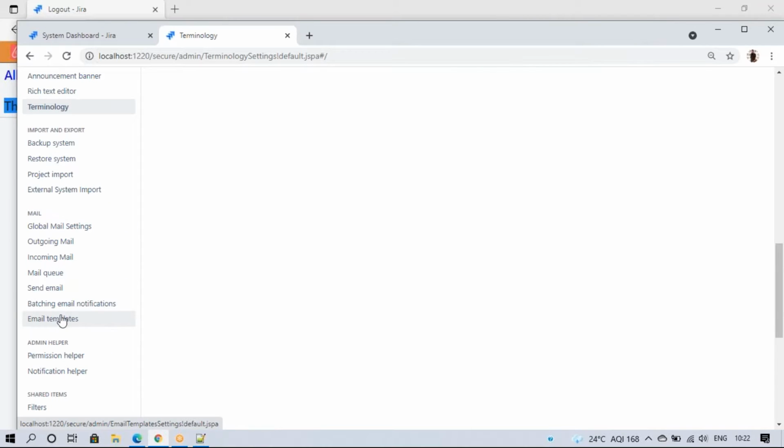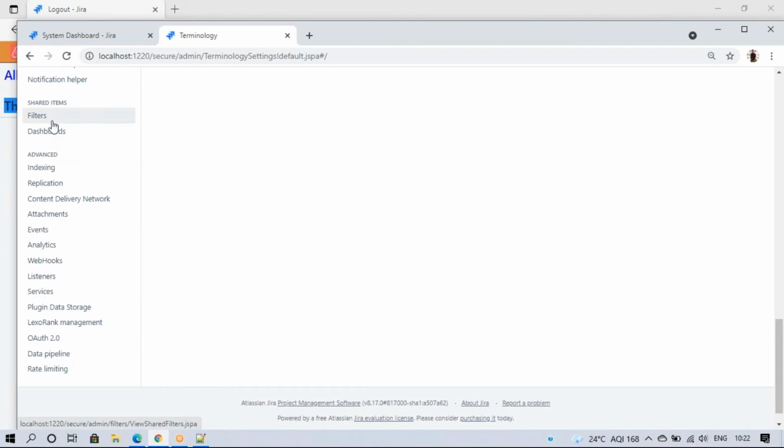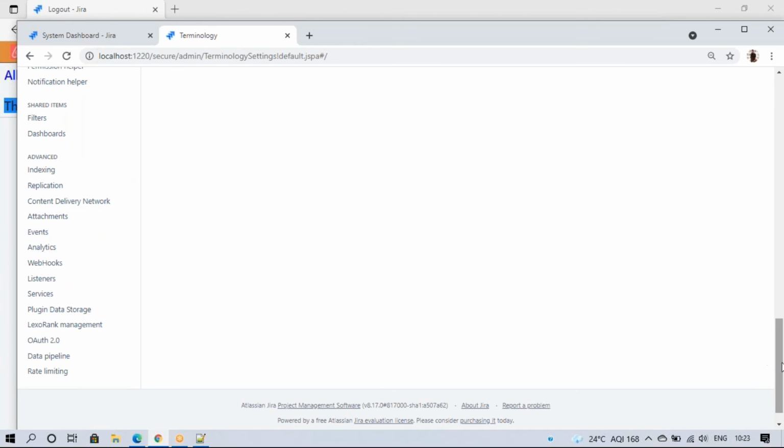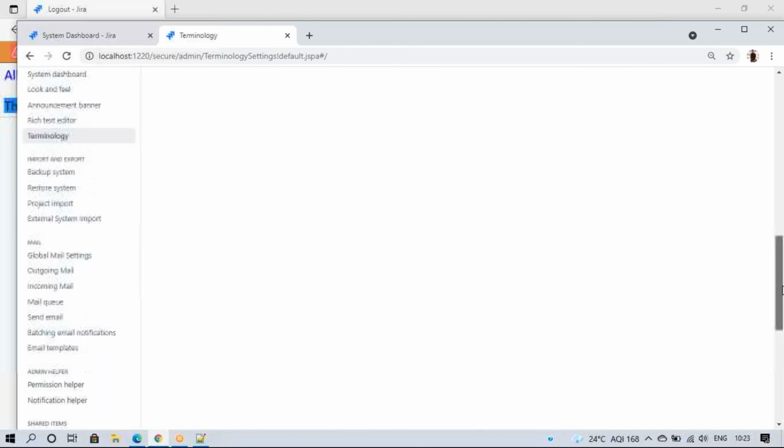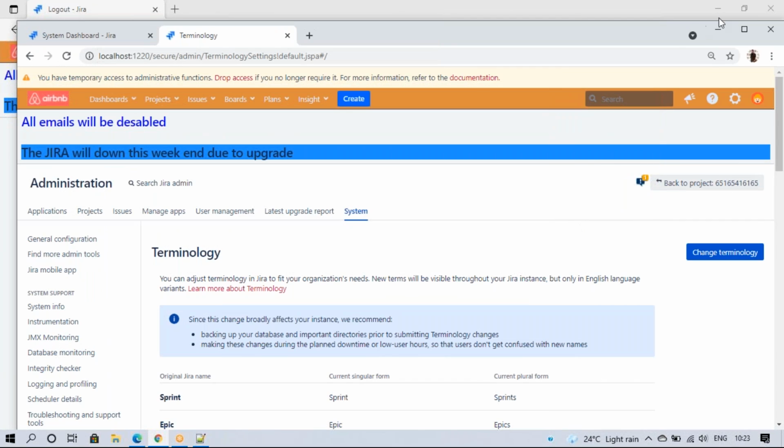This backups and emails, the backups I'll cover, but these email ones I will send today as recordings: outgoing email or incoming email notifications. You guys can see that, and if you have any doubts, we can discuss that. So only below these options we have. For these options I'll send you some links and video recordings so you guys can look into that. These are very small changes, small things, not a big thing, but I'll share the recordings for these and emails, and you guys see and practice.